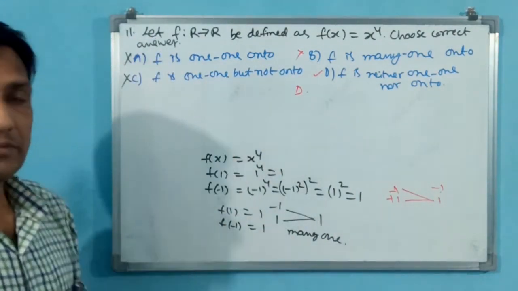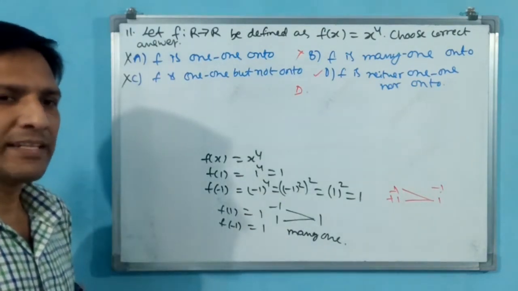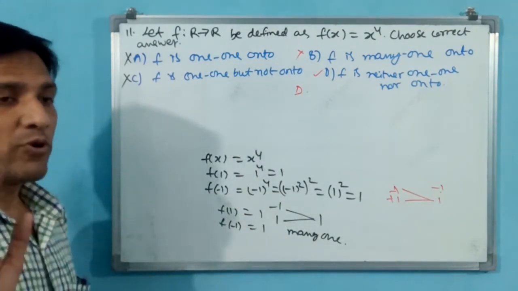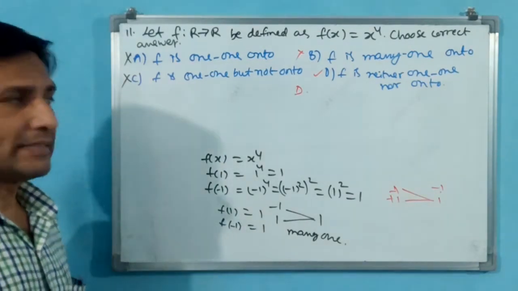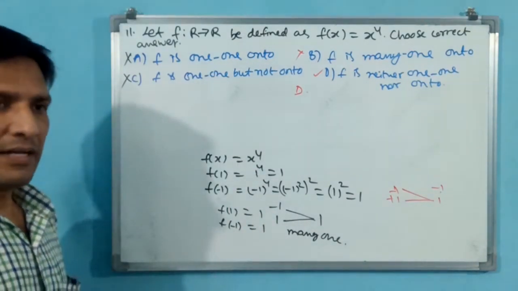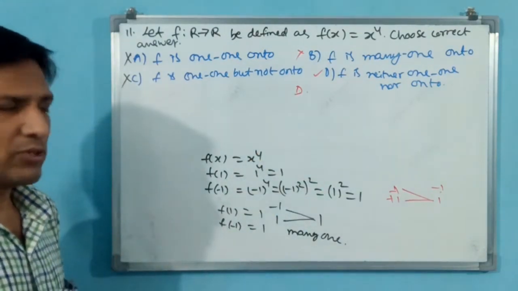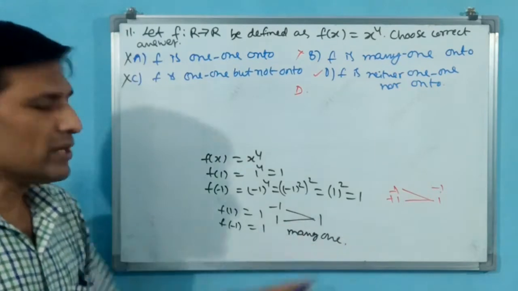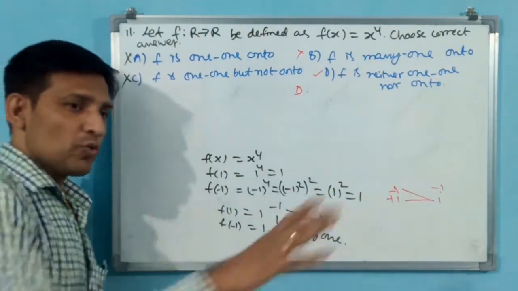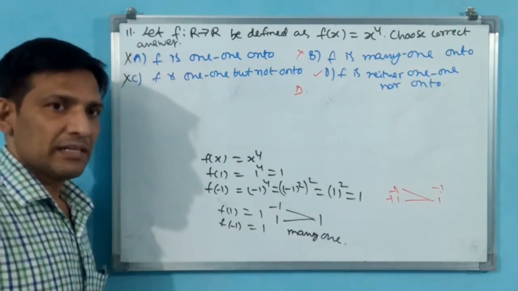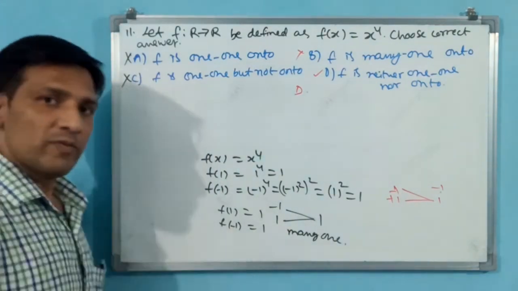Square, cube okay, but when it comes to the power of 4 like that, it is not going to become one-one and onto. This is the logic. By seeing this we can write. For this much calculation we have already done several problems, several questions. That is why I have given the answer with less explanation. Because this is an objective question, you need not do much calculation. Objective question means you only have to mark A, B, C, D. Let us go for the 12th question.